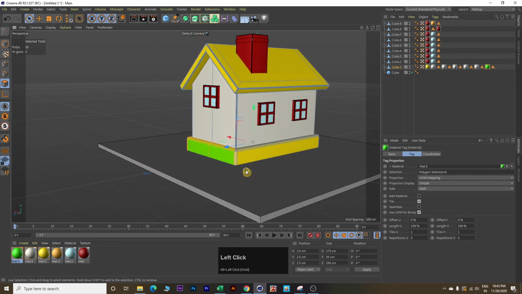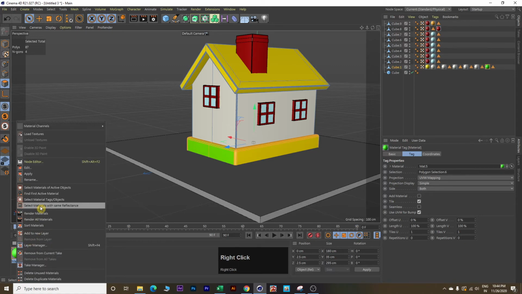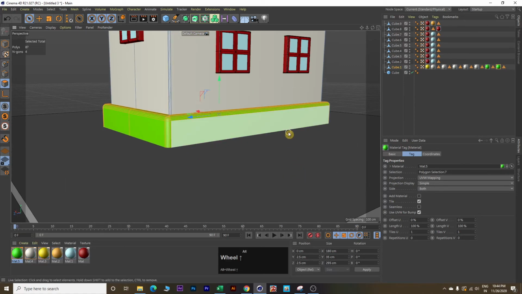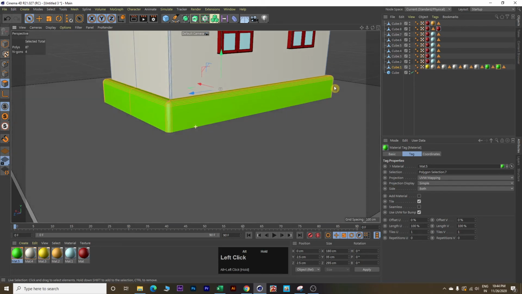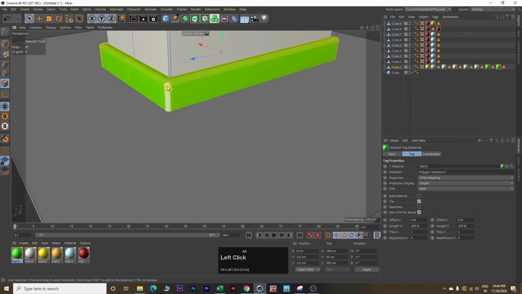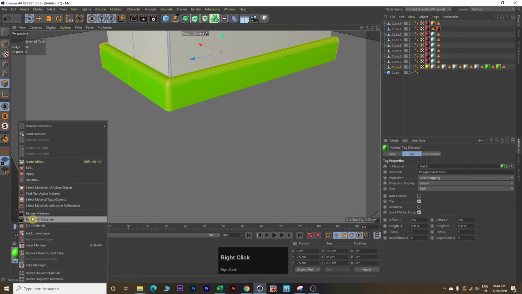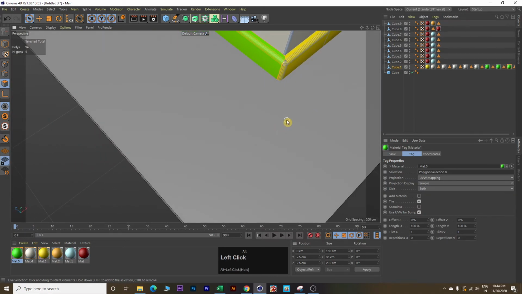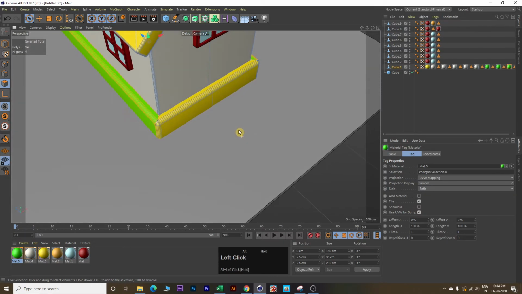Rotate your house, select this base over here, right click and apply. Move it closer and see if you have missed any of the base. This looks good. Something is missing over here, so select them, right click and apply. Again rotate your house, select this base, then right click and apply.